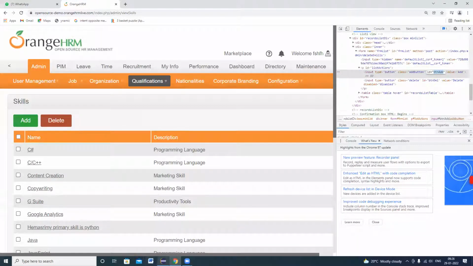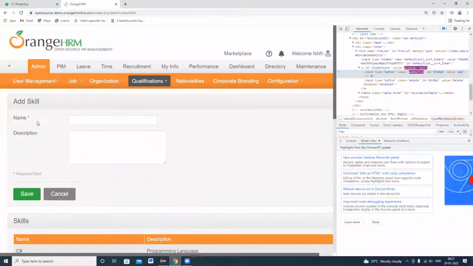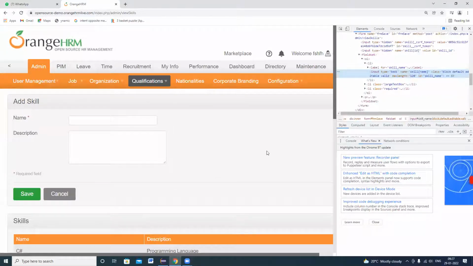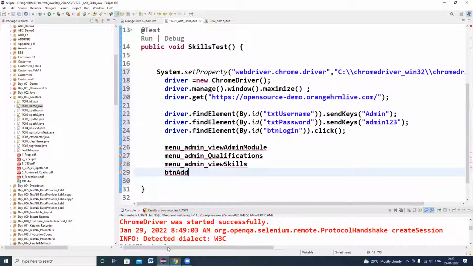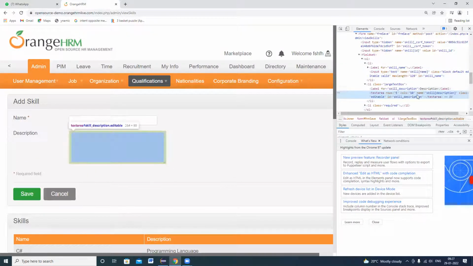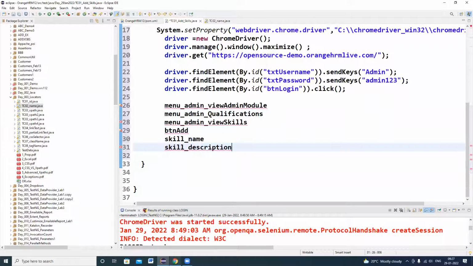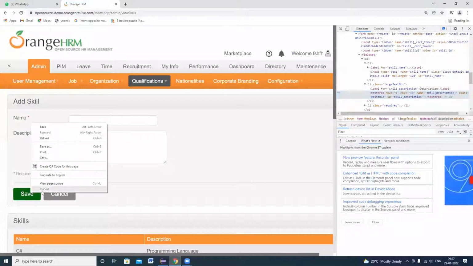ID is equal to button add. After clicking on the add button, I want to enter skill name, skill description and save. Let me inspect the ID of skill name, skill description, and then the button save.